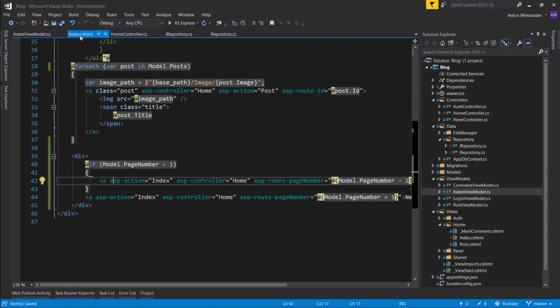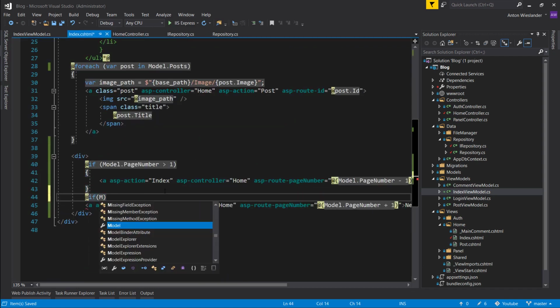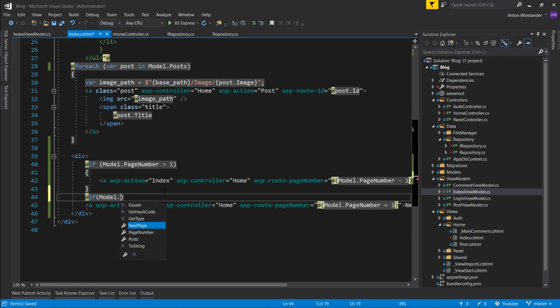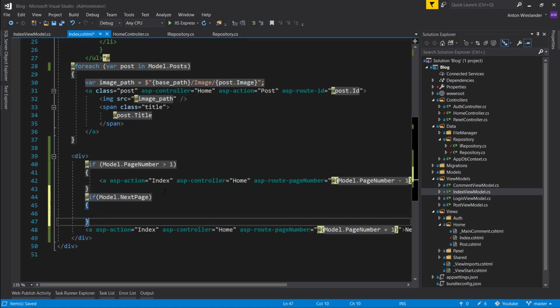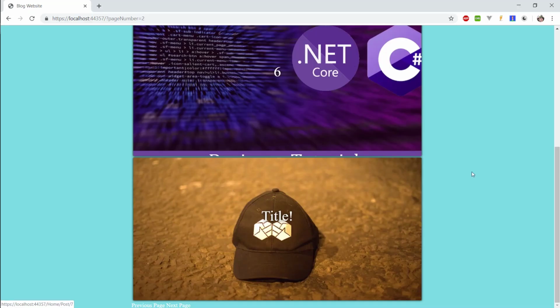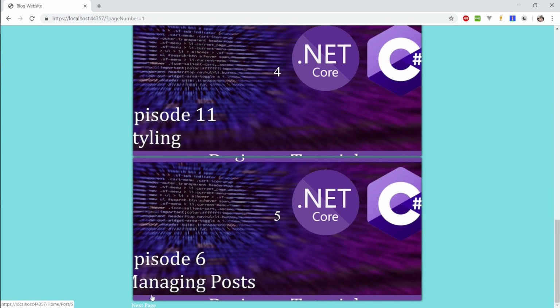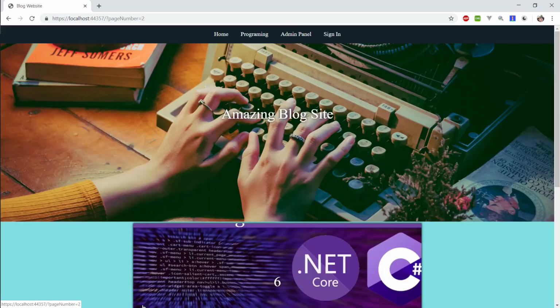And in our index view model, we can now basically say if model go next, then display this. Okay, so let's go ahead, give this a refresh. Alright, so now you can see we're on the second page and we don't get a button. So we can go to the previous page